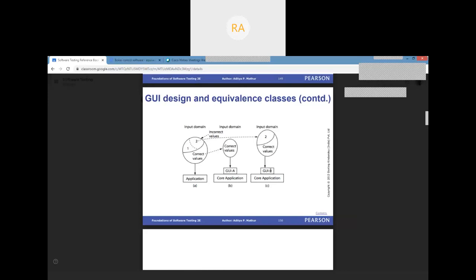In the third design, he is taking care of only a subset of the invalid values. Not all the invalid values, but only certain permissible values for invalid data are considered, and he checks the correctness of the software. I'm just explaining the GUI design and software testing. You can design an application and test the software against valid and invalid values.